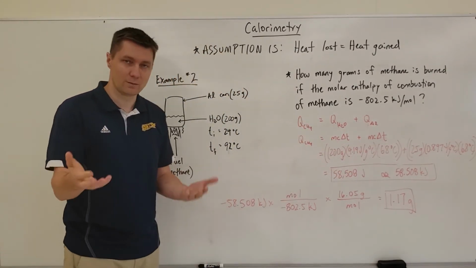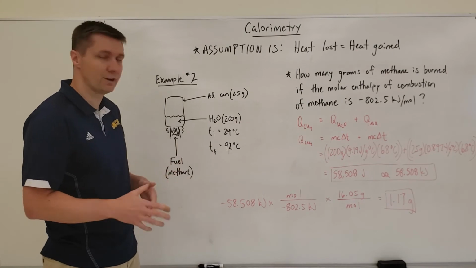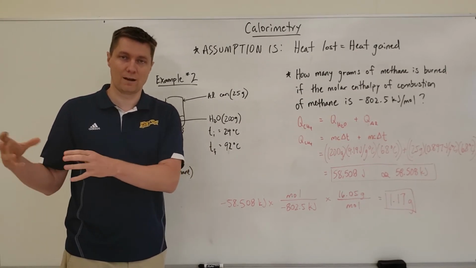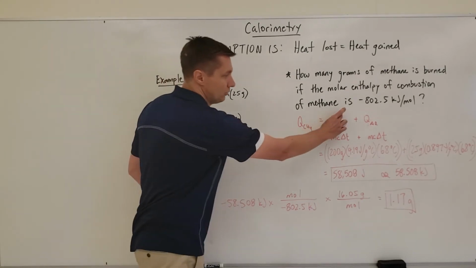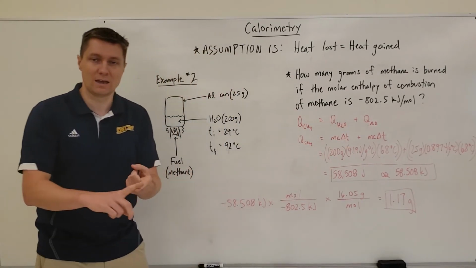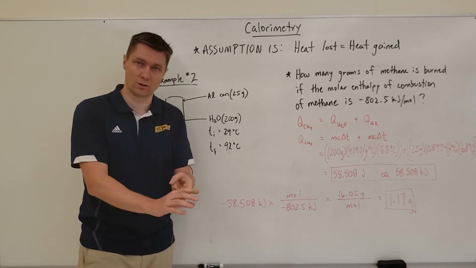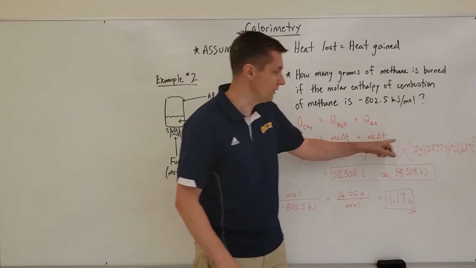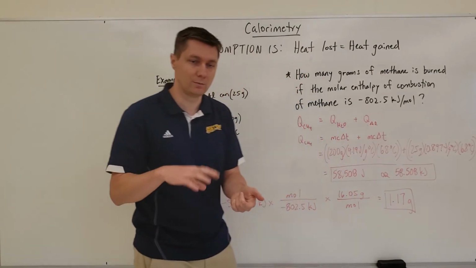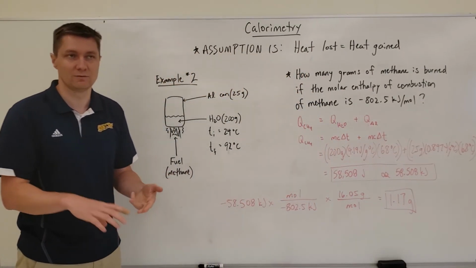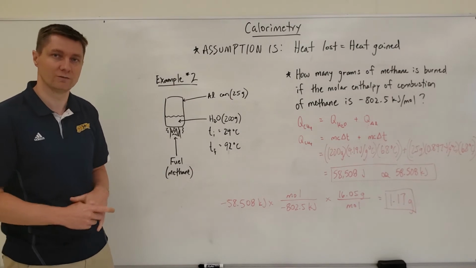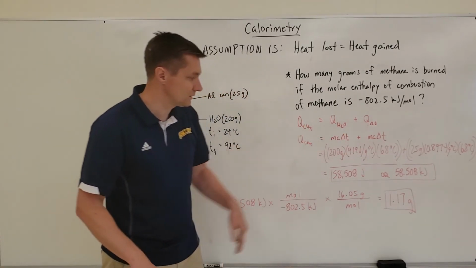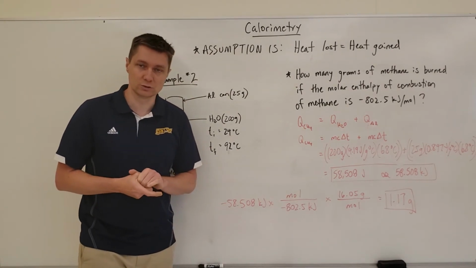Now again, like I mentioned in the previous clip, you have to be really careful and vigilant that you're placing the correct numbers in the correct formula. So if I'm calculating the Q of water, then I need to use the mass of water, the specific heat capacity of water, and the temperature change of the water. And so you can see I've done that here. And then for right here, the Q of aluminum is calculated by using the mass and specific heat capacity and temperature changes of the aluminum can. So then I plug this into my calculator and I get this number, 58,508 joules, or in other words,